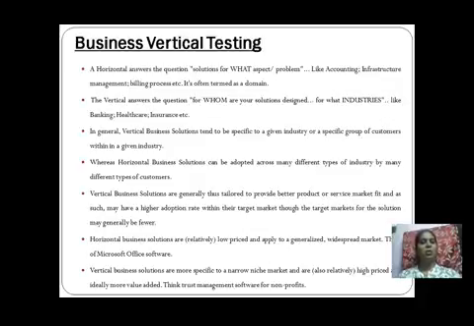Whereas a horizontal business solution can be adopted across many different types of industries, by many different types of customers. Why? Because it considers questions or solutions with respect to what is happening, why it is happening, where it is happening, when it has happened. These questions should be considered with each and every type of software development application. But vertical means it is specific to a particular group of customers.